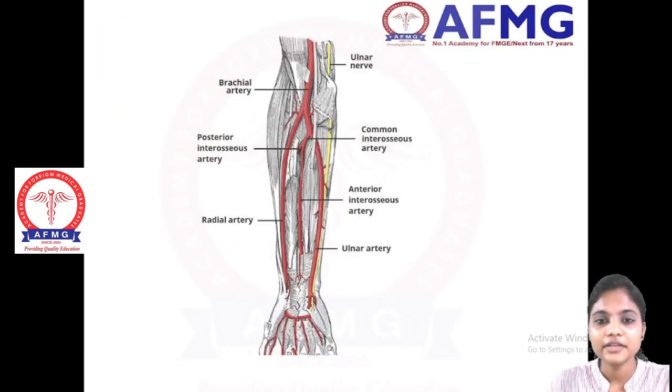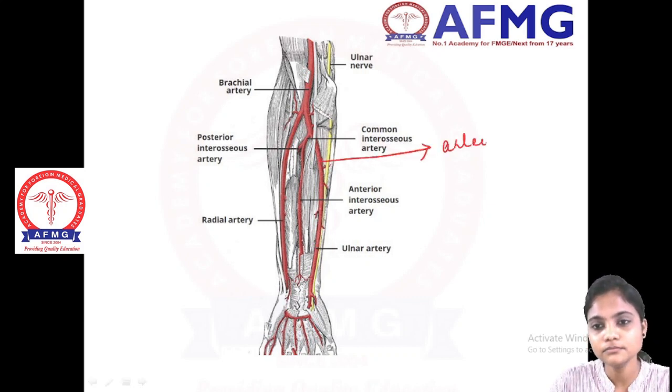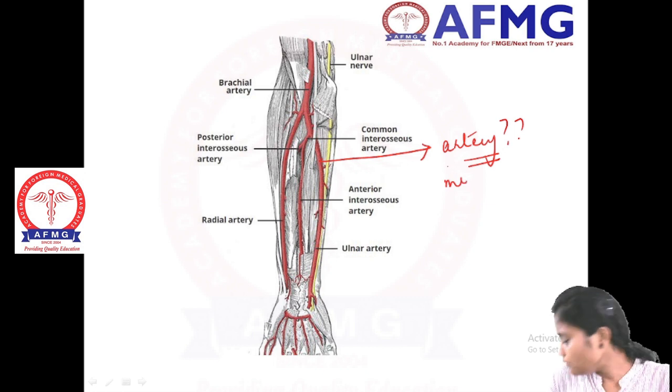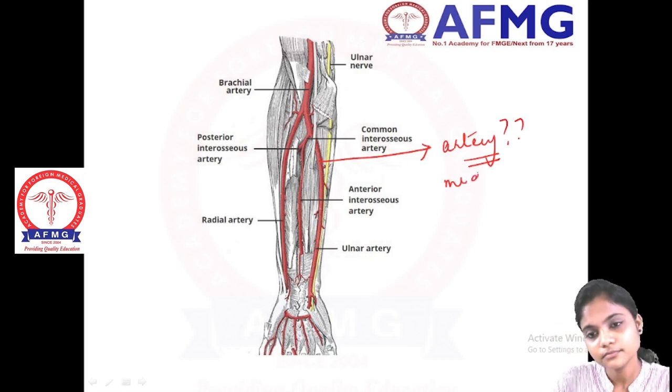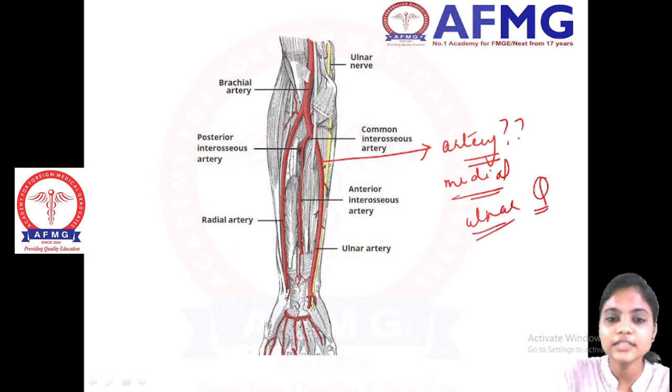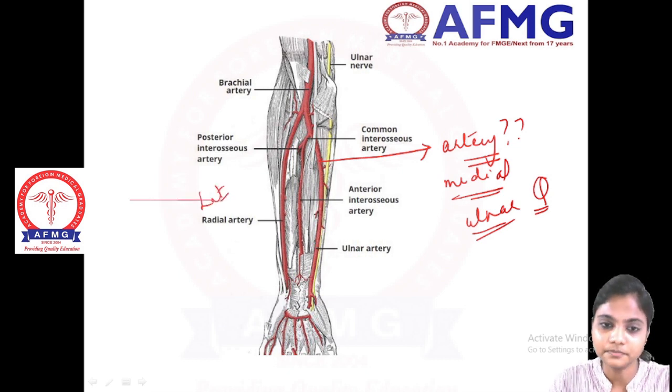See, these are the arteries. These are the supply of arteries. This question is asked already. They have been marking this artery and they asked what is the name of this artery. Medial side. So obviously it is an ulnar artery question. Clear? So these are very important. If it goes on in the lateral way, that is your radial artery.